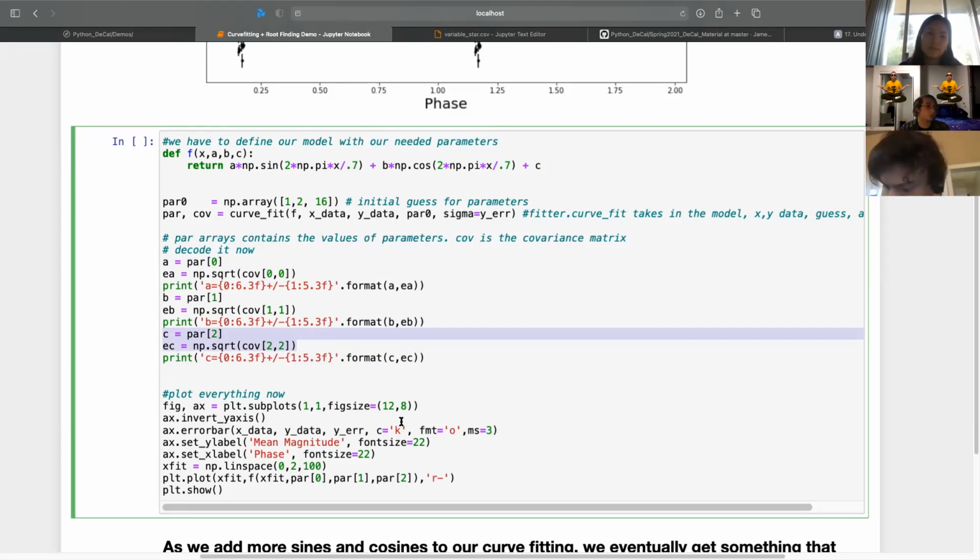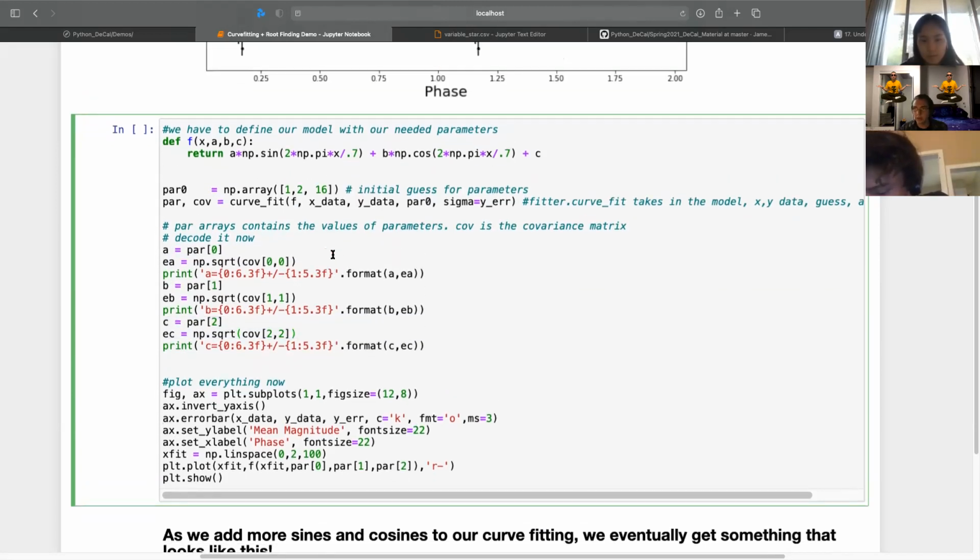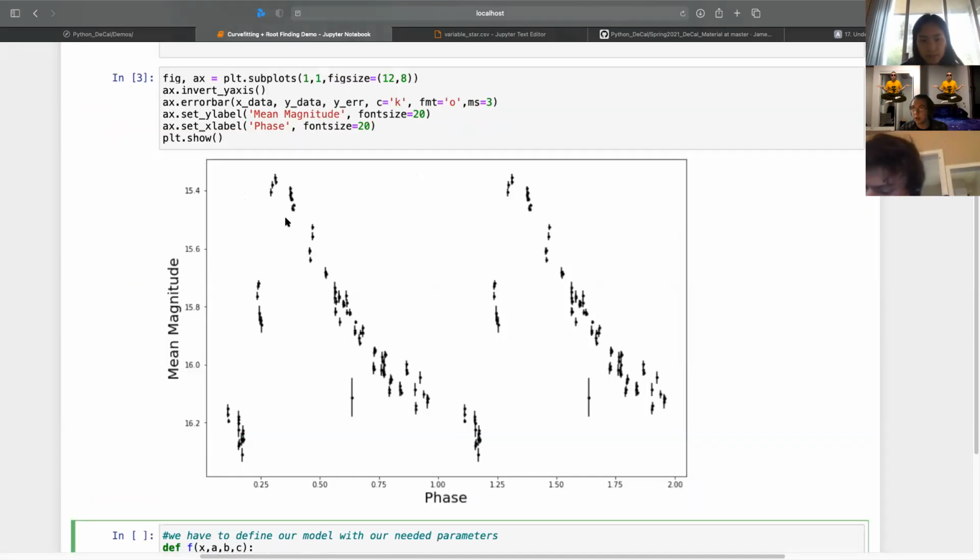And then you'll use it to fit something a little bit more complicated. So don't worry about it too much. Just know that I'm using this curve fitting function, which takes in a bunch of stuff and spits out the best parameters and the best errors on those parameters to best fit whatever your model is to your data.